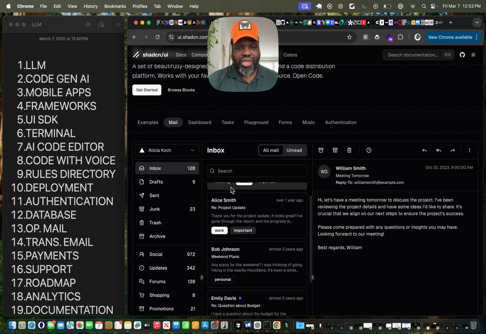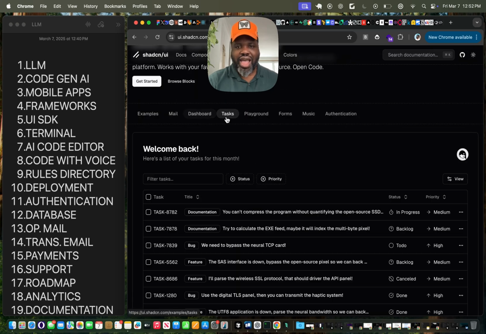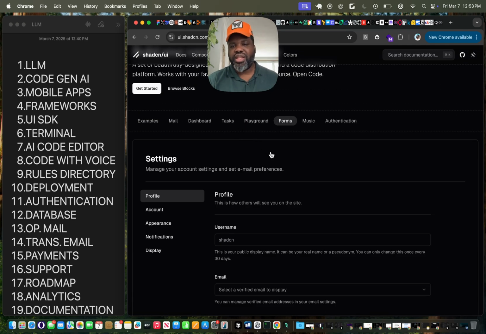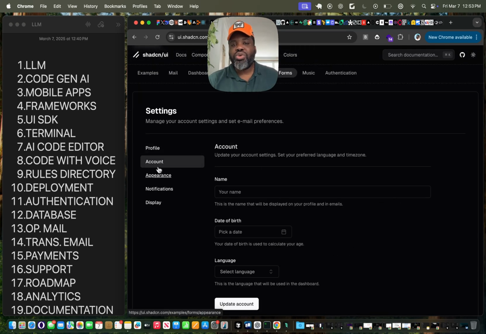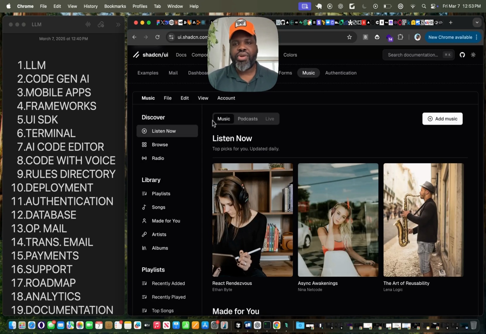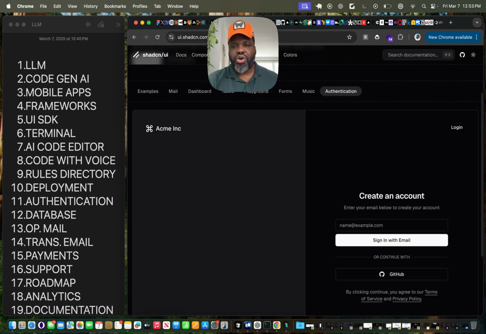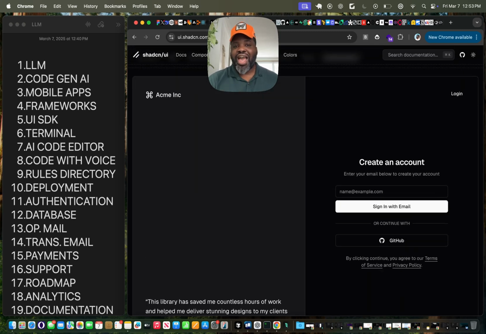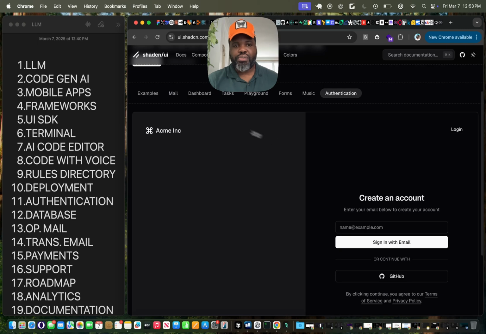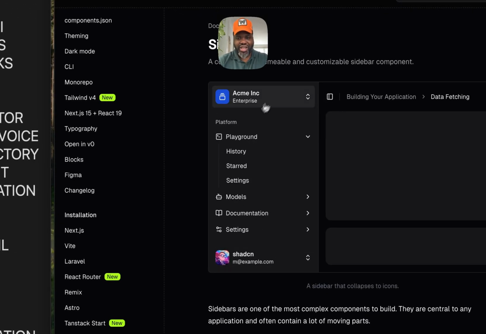As you can see, there are so many beautiful looking components like mail, a dashboard, graph, task. So it has everything you need in order to get started with a really good looking application without having to really think about how to do those different components yourself. So you can just reuse it. You use the authentication component for your authentication page just by telling the AI to use the authentication component from Shadcn UI. For example, you can use this sidebar right here, which is one of my favorite components actually